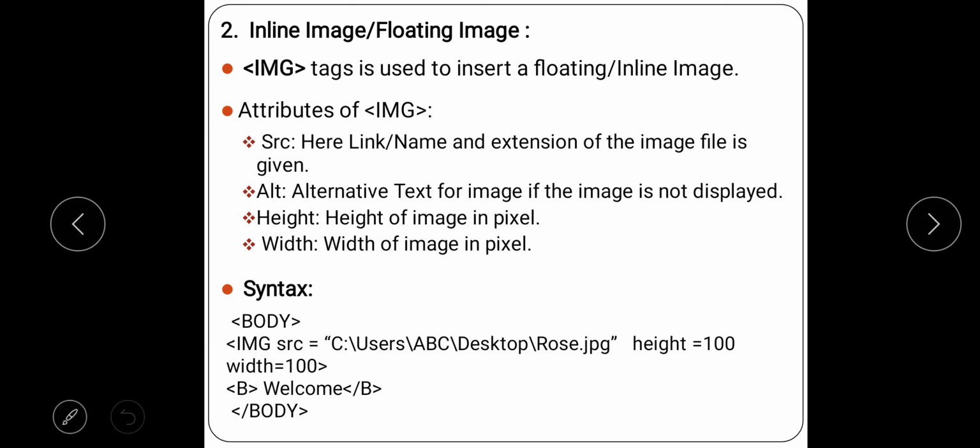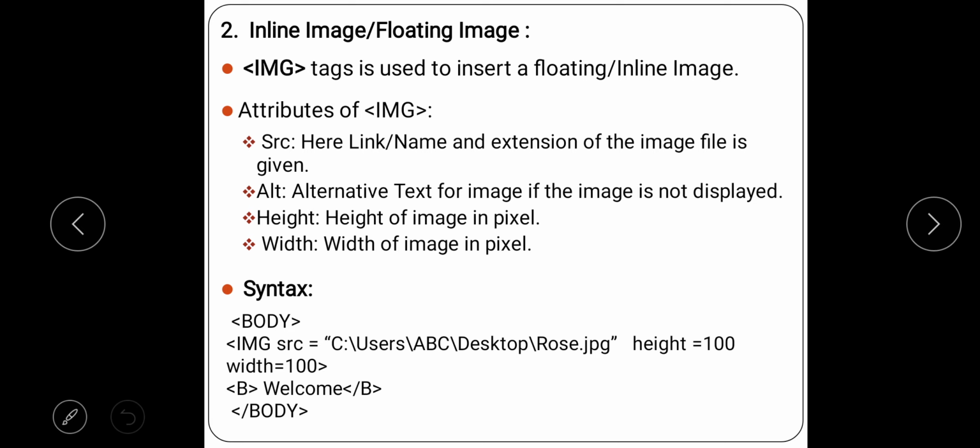Again there will be a space, no other characters. No different characters are used in HTML, right? So after completion of the source, I'll give a space, then the height attribute equal to the value. Again there is a space, then width equal to the value, and the angular bracket of the img tag is closed.